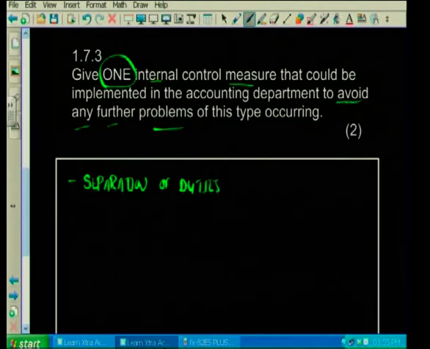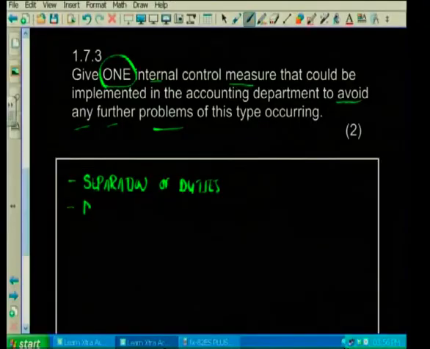What do we mean by this here? By this we mean that the person collecting the cash should not be the same person that's depositing the cash. Why? Because obviously, if one person is doing all that, it opens up avenues for a scenario like this to take place. So therefore, definitely what you have to do is separate your duties. Have different people receiving the money and a different person making sure that you deposit the money into the bank account.